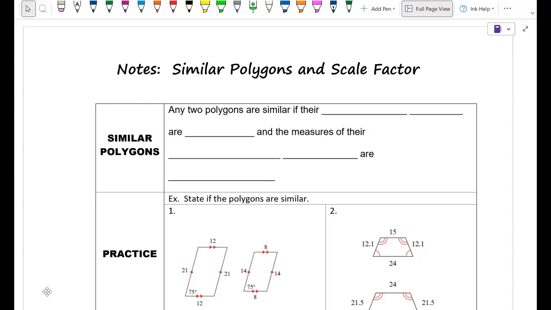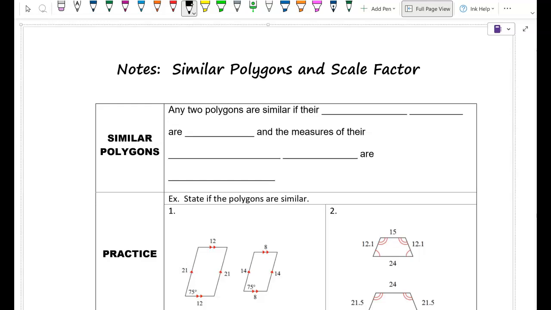How are we using that idea in this unit of similarity? This is where it's going to start to come up today. We're going to be dealing with the ideas of both ratios and proportions in today's lesson, in determining what are similar polygons and what is scale factor. So starting with the idea of similar polygons,